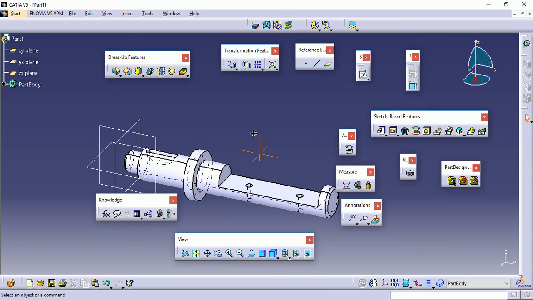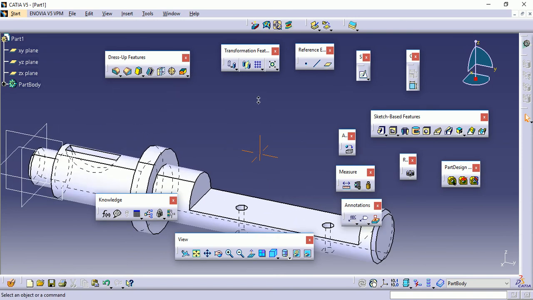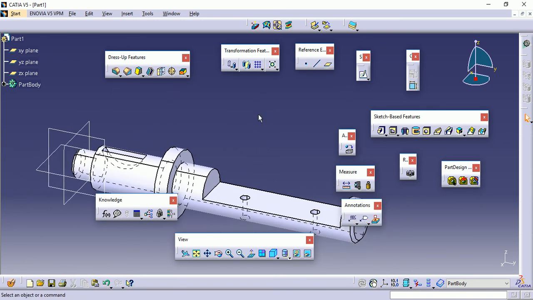So in this manner we can complete a cylindrical job based upon the shaft and revolve command. Here we have seen that for adding the secondary features like chamfer, cuts and pockets, we can go for pad, pocket and commands like chamfer. In the next session we will be continuing with the next commands.